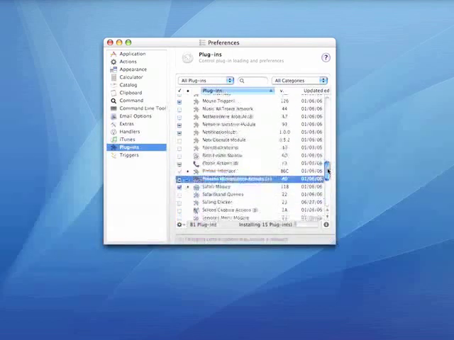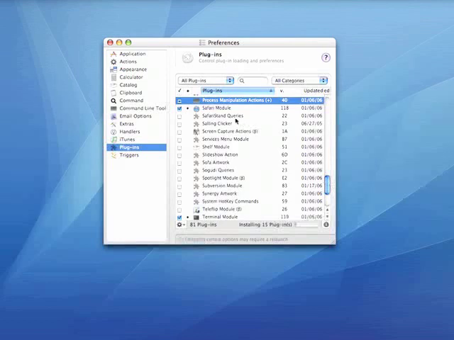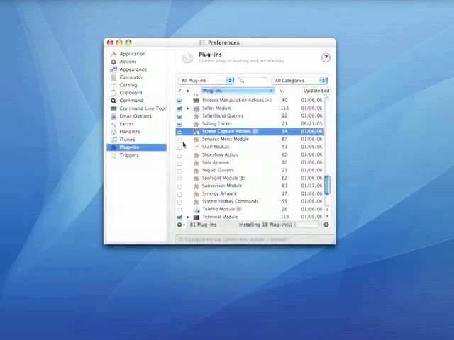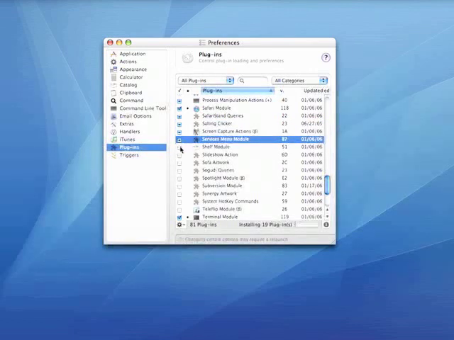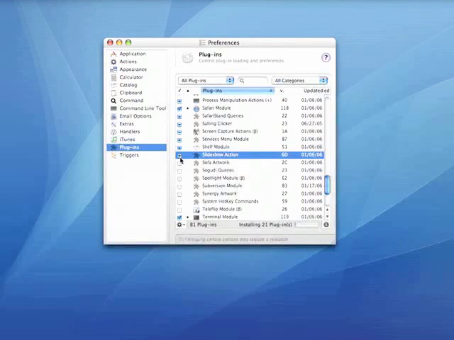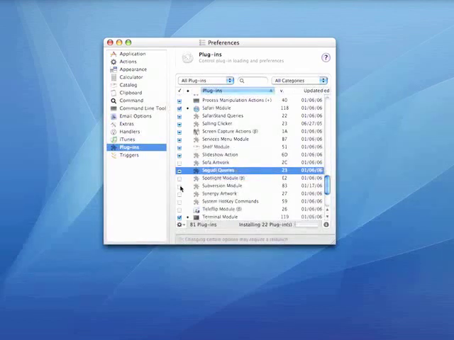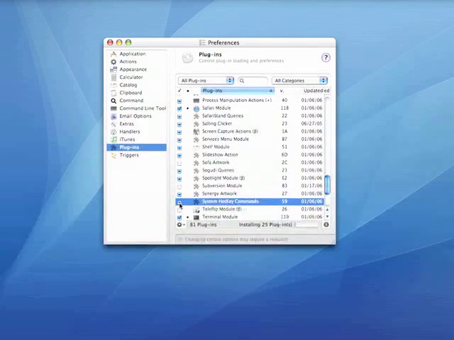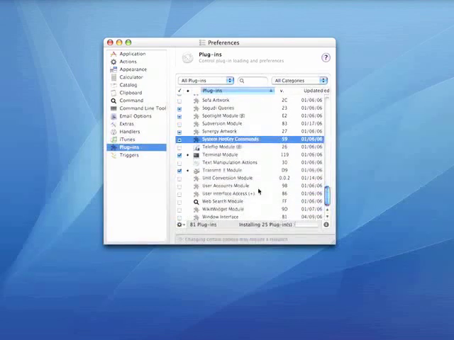process manipulation actions, so you can kill processes and things straight from Quicksilver, Safari queries, screen capture actions, services menu module, shelf module, slideshow action. Let's see. I want the Spotlight module and search queries. I want my synergy artwork, system hotkeys,